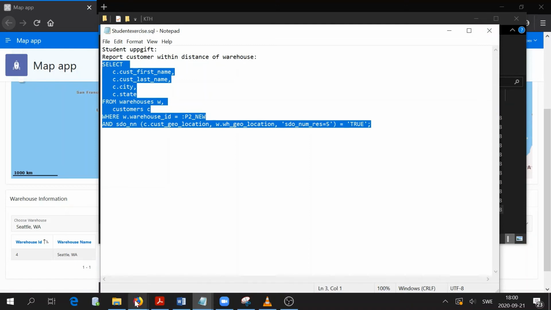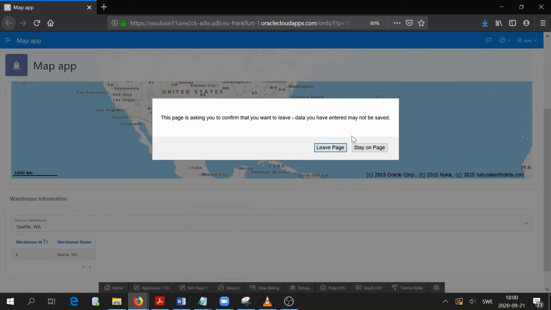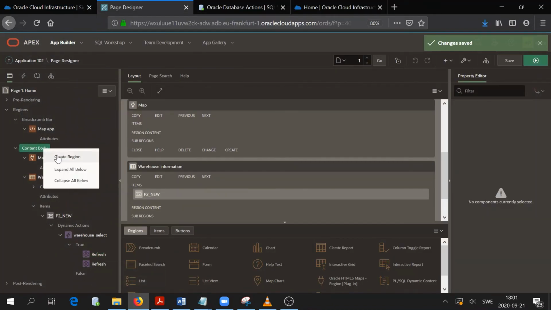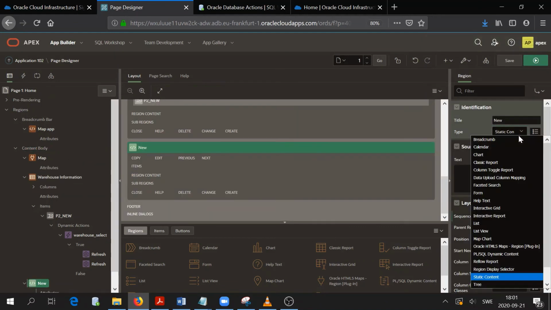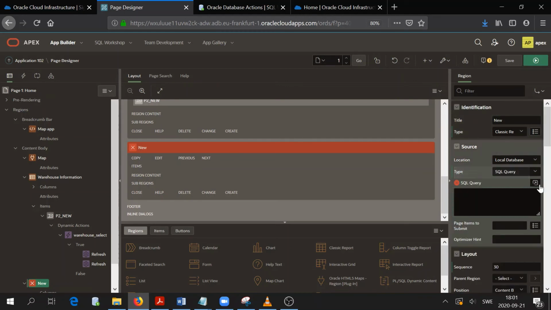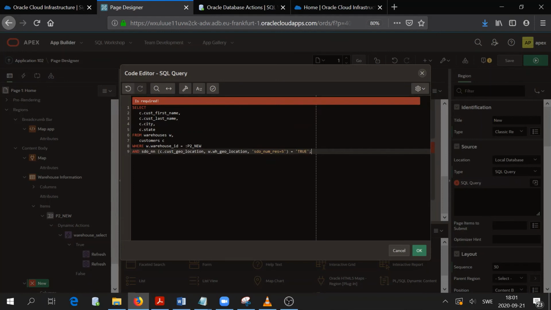Let's copy that, but let's head back to our application. So in this case, I will go ahead and create a new region, a report. And I want it to be SQL query. And here we go. So I copy paste. So essentially it's a select, and I select C, which stands in this case for customers, but I also use warehouses. So I want the information from customer, where the warehouse ID match the selected warehouse, and then it will use this